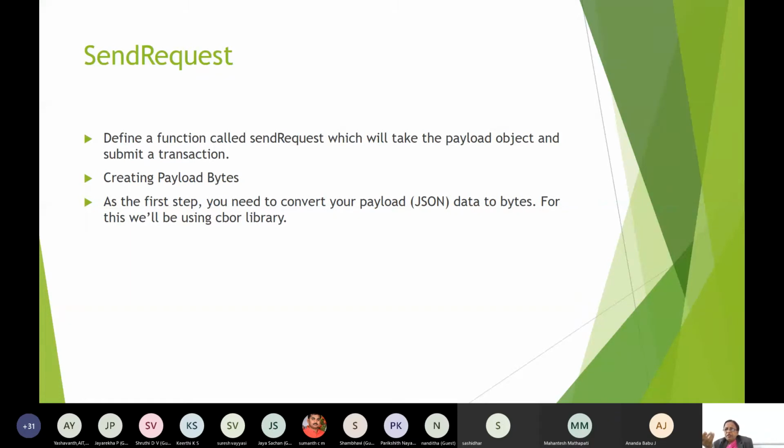HTTP and all these web servers immediately understand JSON data formats very popularly. So if you have JSON data formats, then those are converted to bytes, and for that we can have the CBOR library only for that part of the payloads. Okay, payload at the web interaction or the CLI interaction, to form that on the payload side only.